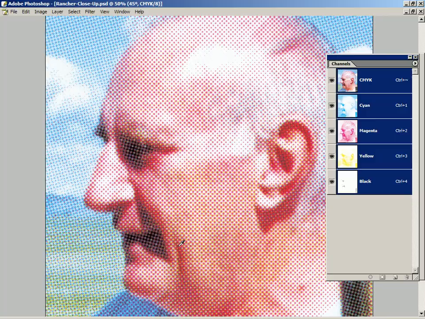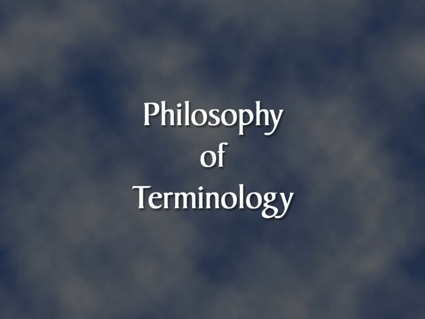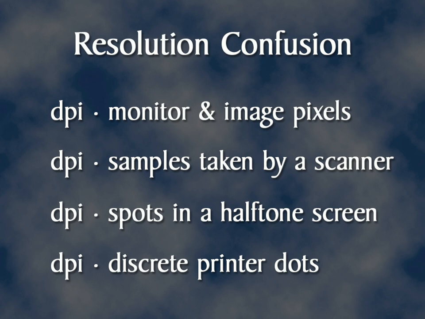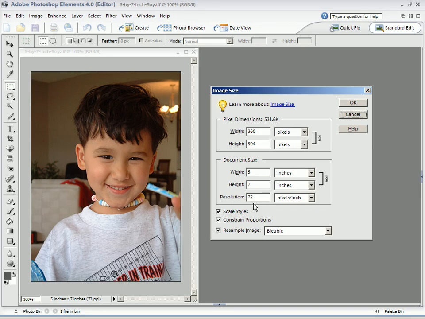possible. My philosophy on terminology. From the outset of this program, I've insisted on being particularly fussy about terminology, especially as it relates to image resolution. Over the years, most of the books and documentation I've read on the subject pay no regard to how the term DPI or dots per inch is used. They use the term DPI to describe the resolution of the monitor in digital photos. I insist on using PPI, pixels per inch, since we're looking at picture elements that make up images on the